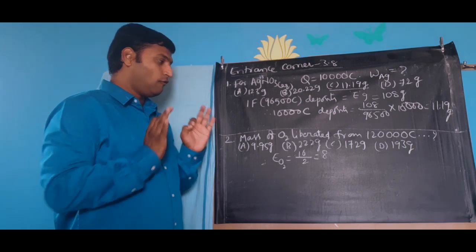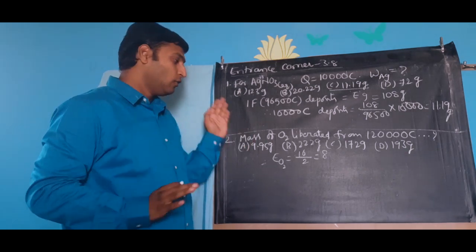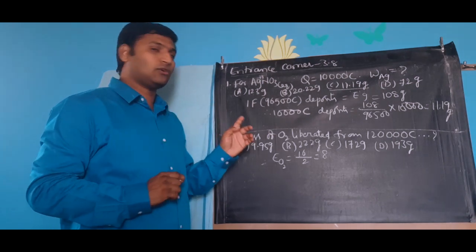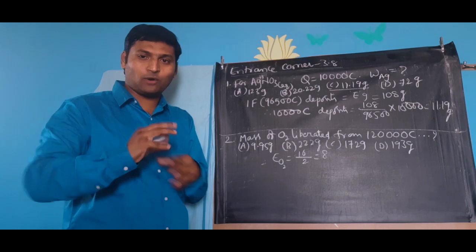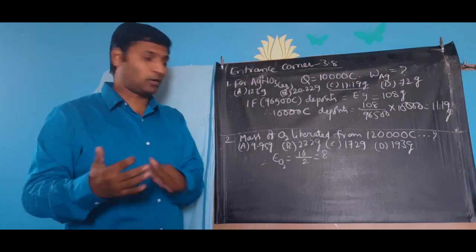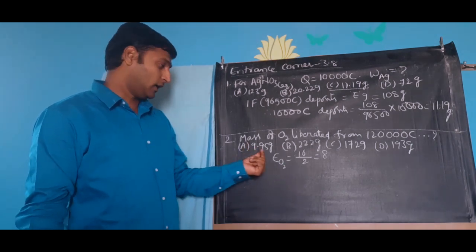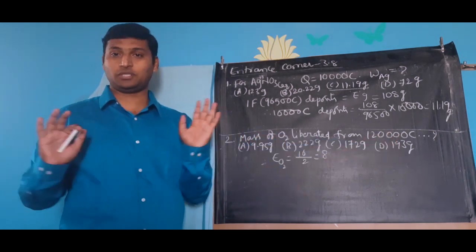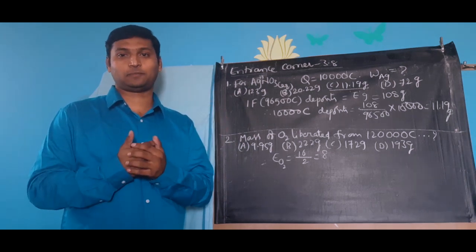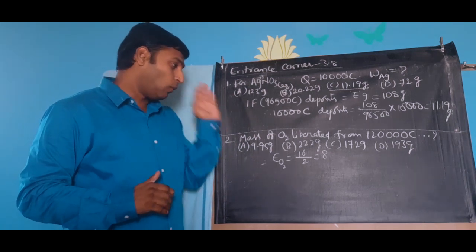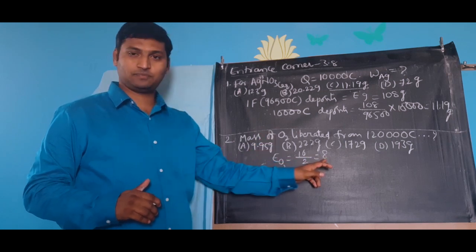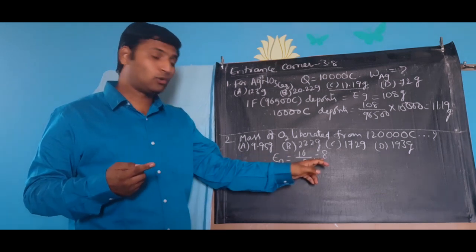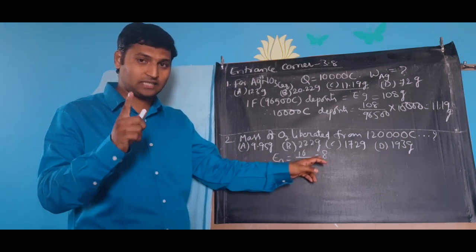Now, without any further solving, will we be able to answer this question? Yes. 96,500 coulombs, as I told you previously, round it off to 1 lakh, just for approximation, because options you see, one is close to 10, one is 222, one is 172, one is 193, not even close to each other. Take the advantage of it. So, 1 lakh coulombs can deposit 8 grams, because we know 96,500 coulombs can deposit 8 grams.